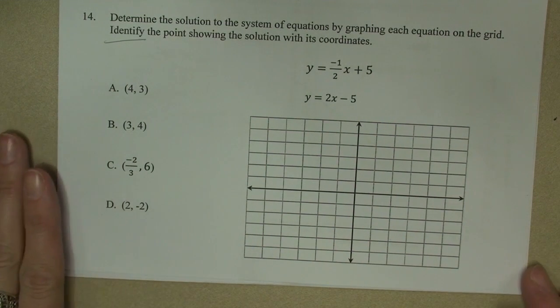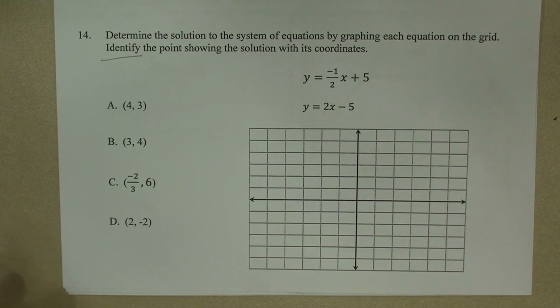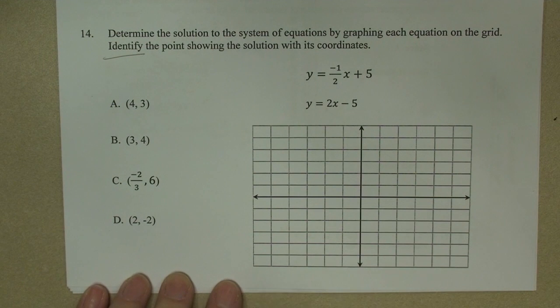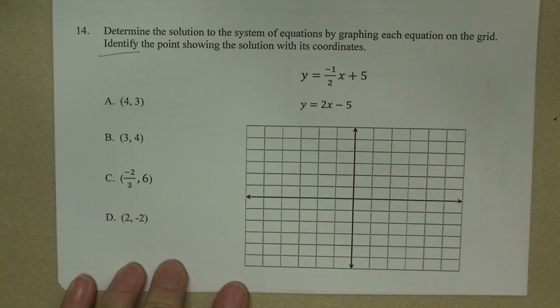So since this is multiple choice, we could actually kind of do a little cheaty and not graph it, but you wouldn't be showing your work correctly, and then if you mark the wrong answer, you wouldn't get partial credit. So we really want to follow the directions even though it's multiple choice, unless we totally don't know how to graph and then we're guessing anyways, so you're not going to get partial credit regardless. So if you pick the wrong one and you have a lot of work shown, then you can get more